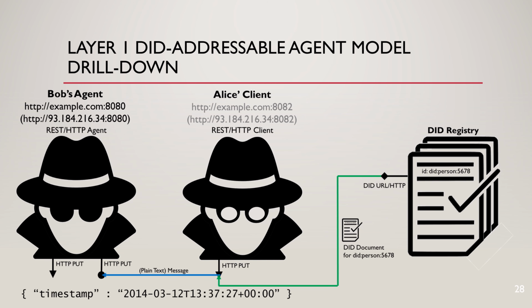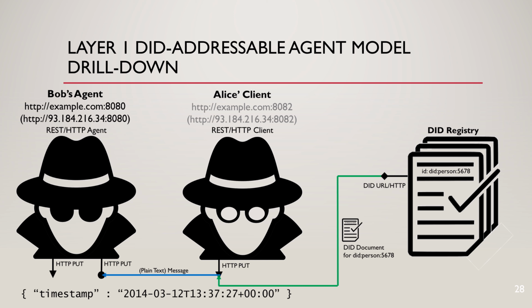So we do that by introducing the DID registry. DID registry stores DID documents. And so here we can see that Alice's client has taken Bob's DID, the did person 5 6 7 8, queried the DID registry, received a DID document there, the green line. And from that DID document for did person 5 6 7 8,